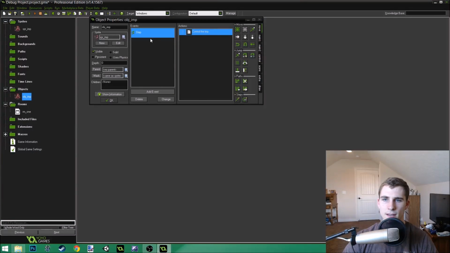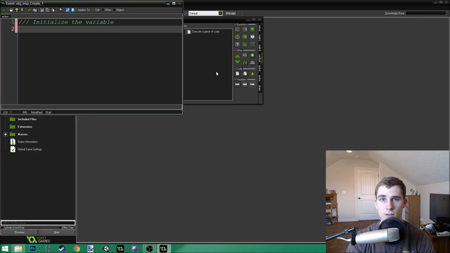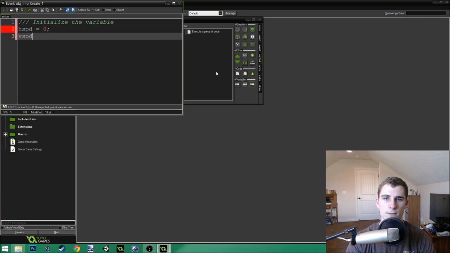And the best thing that we can do is just create the variable inside of a create event to make sure that it's set before we run the step event. So initialize the variables. That's why I almost always initialize variables in a create event, so that they're ready for whatever step event. So hSpeed equals 0, and vSpeed equals